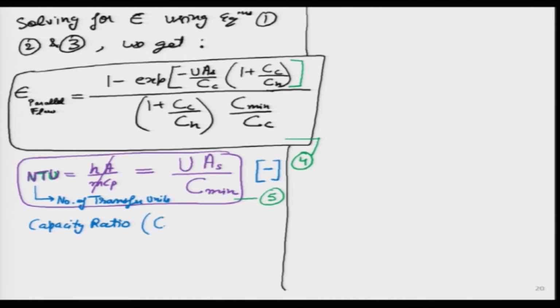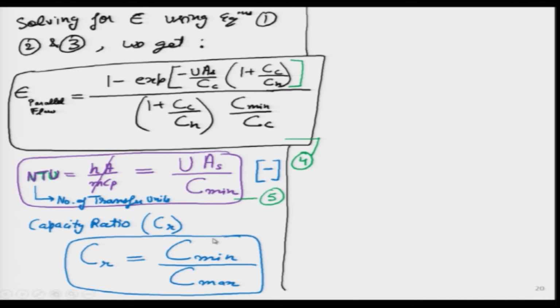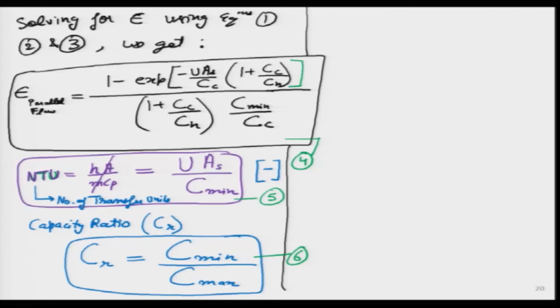Now, we will define something called the capacity ratio. This is again capital C R, and we define it as the ratio of the two heat capacity rates: whatever is lower goes in the numerator, whatever is larger comes in the denominator. This becomes equation number 6, which is also the ratio that we had earlier. You remember the two specific heat ratios we got, one was 6 times higher than the other. So, if we were doing that actual calculation, CR value would be 6. So, I think we are going in the right direction, good.